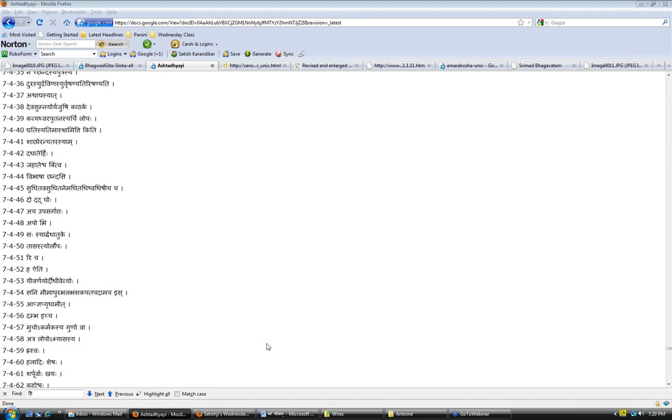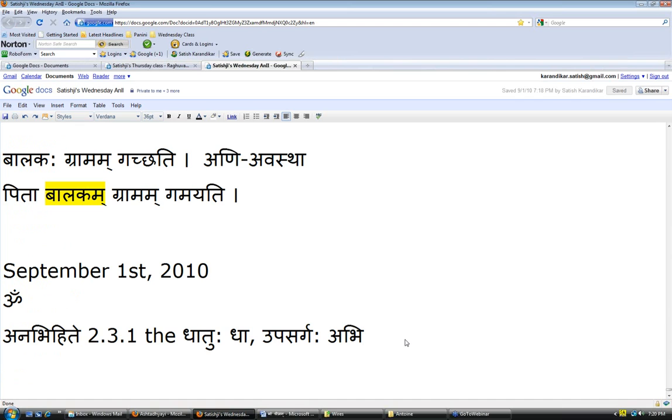So anyway, we can put that in the document. So we use these tools. They're very nice to use. So what we have is